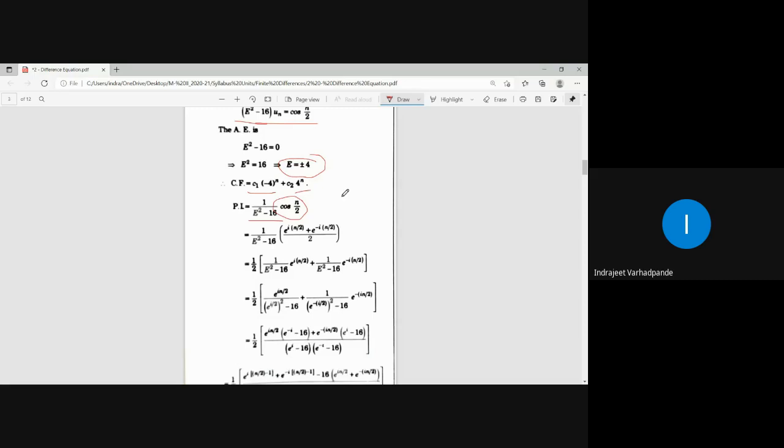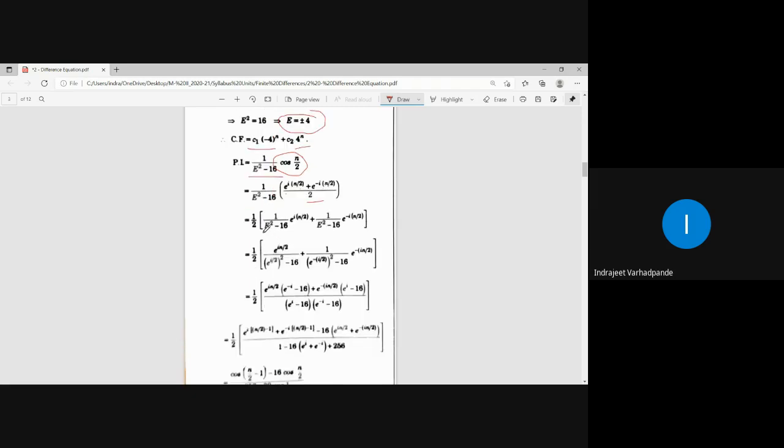Now how to write cos n by 2? e to the power i n by 2 plus e to the power minus i n by 2 upon 2. That is how we have to write. And every E will be replaced by e to the power i by 2, coefficient of n, e to the power i by 2 raised to power n. This is how it will be written, right? So it will be e to the power i by 2. E to the power i by 2 का square करोगे तो 2 cancel, we are left with e to the power i. Minus as it is रहेगा, 2 cancel, e to the power minus i.